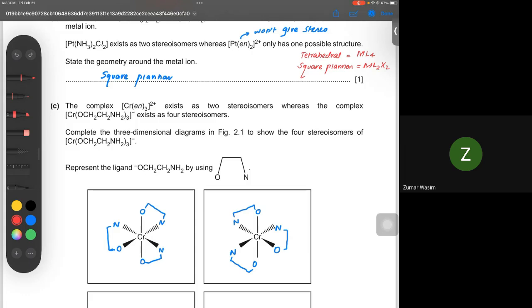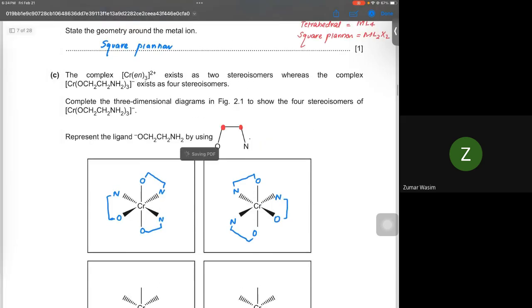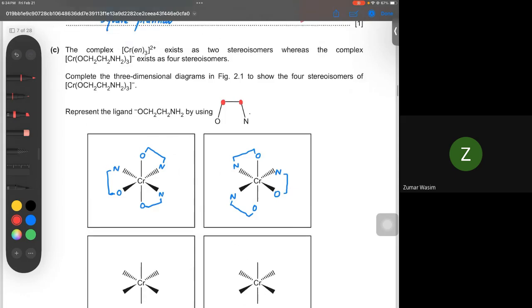Complete the 3D diagram in figure 2.1 to show the 4 stereoisomers of this complex. Represent the ligand by using N and N. These corners are going to show the carbon atoms, CH2 and CH2. They have given the 4 different spaces, and I have to fill them and write down the different isomers. So first of all, I would be drawing